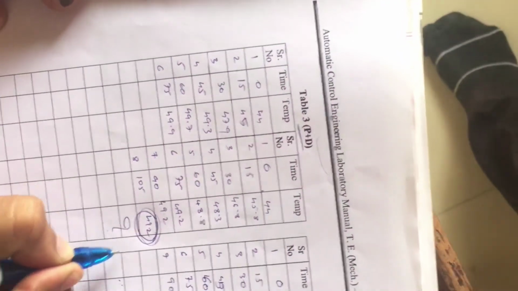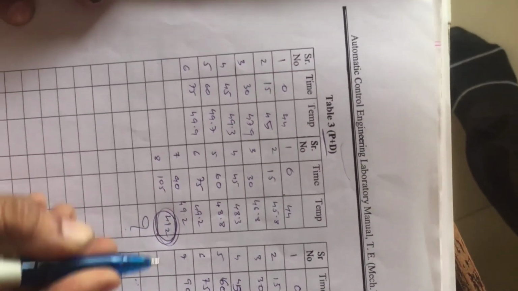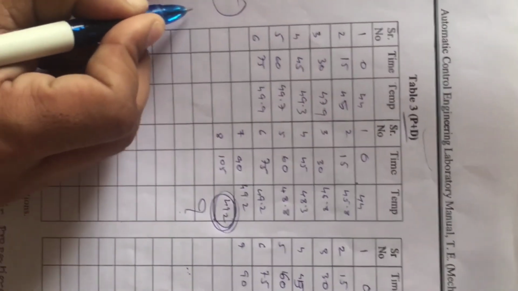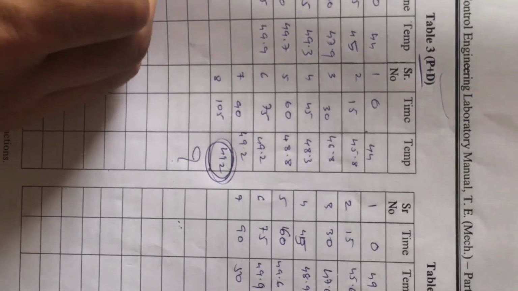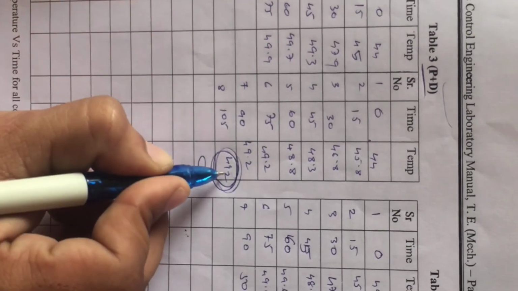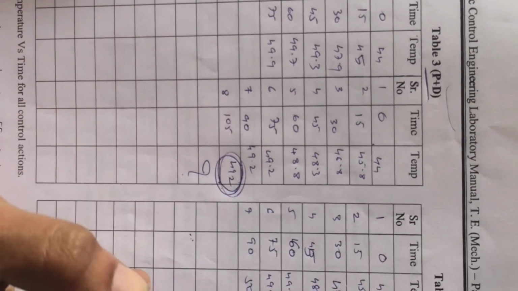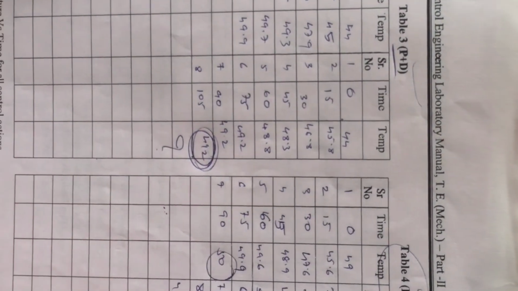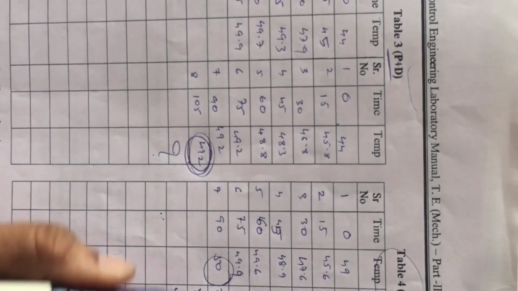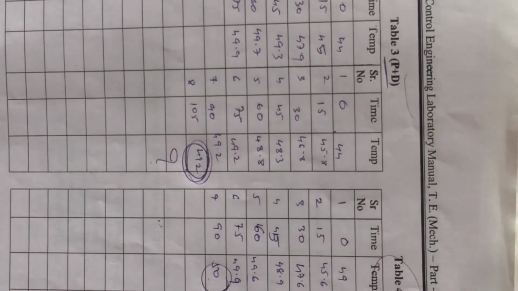In PD mode, you observe that the final temperature with load is not 50. Why is that? You have to remember that because the I action, the integral action, which is good in steady state, is not present, we have a steady state error. Then the final one, PID, which I have said is the best one: in both cases you observe 50, that is, we are reaching the final value.